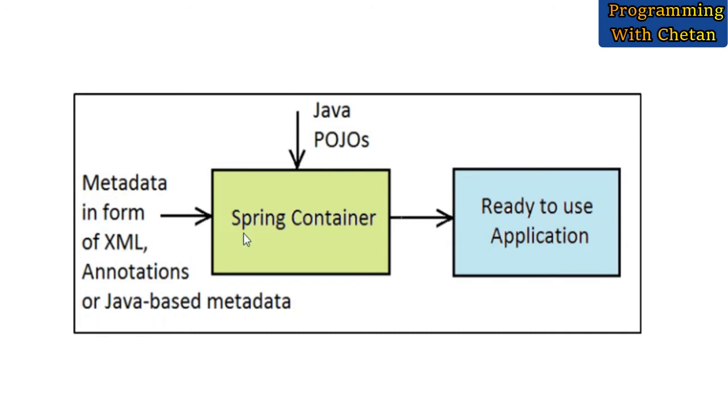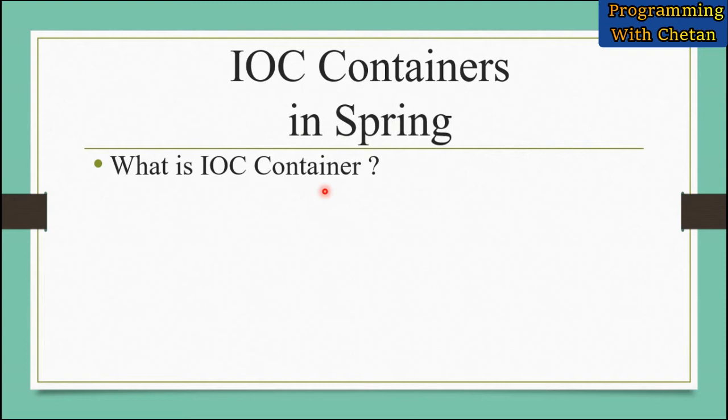So we are passing these two inputs to our IOC container, and now this IOC container is responsible for instantiating an object or configuring an object and injecting the dependencies into our application. So now we don't have to worry about creation of an object, and we have an IOC container that is responsible for taking care of all the operations related to an object, like construction of an object or destruction of an object, or injecting the dependencies related to the object.